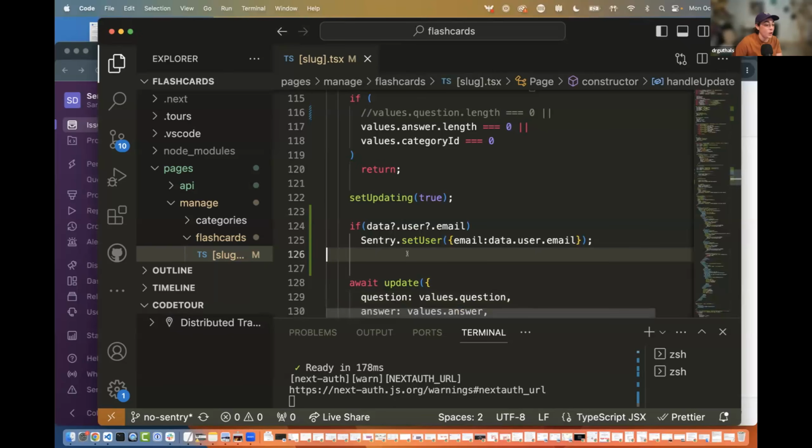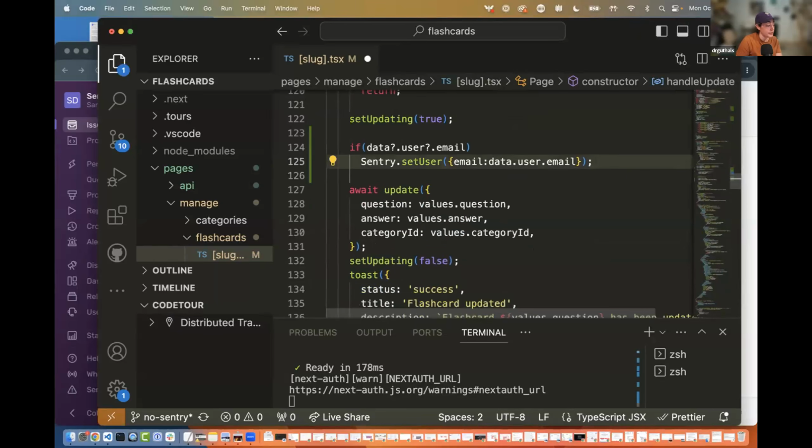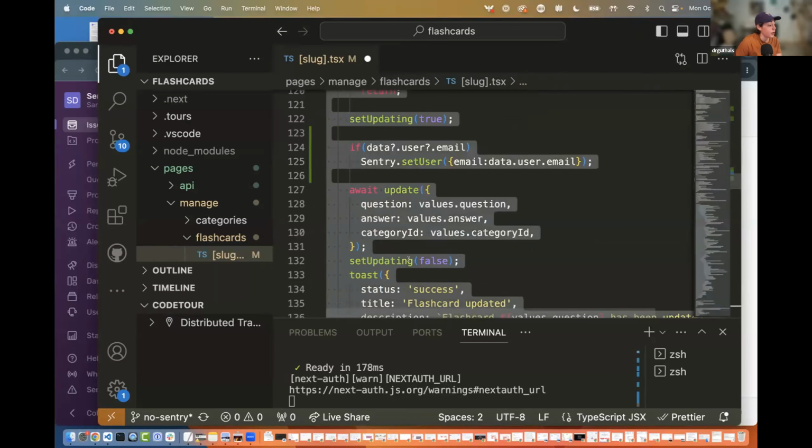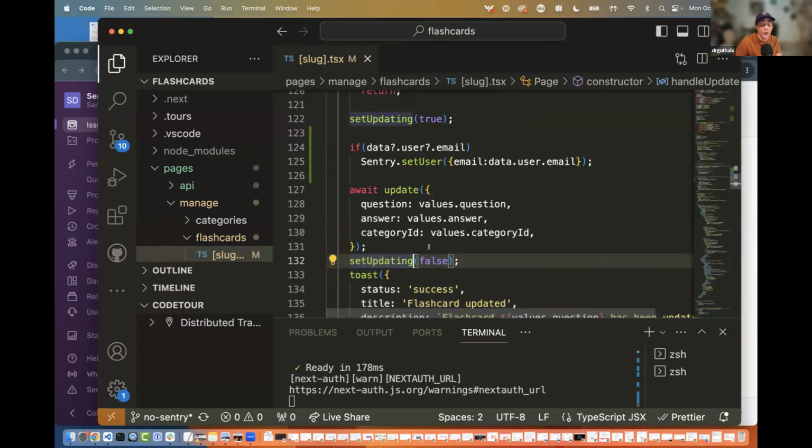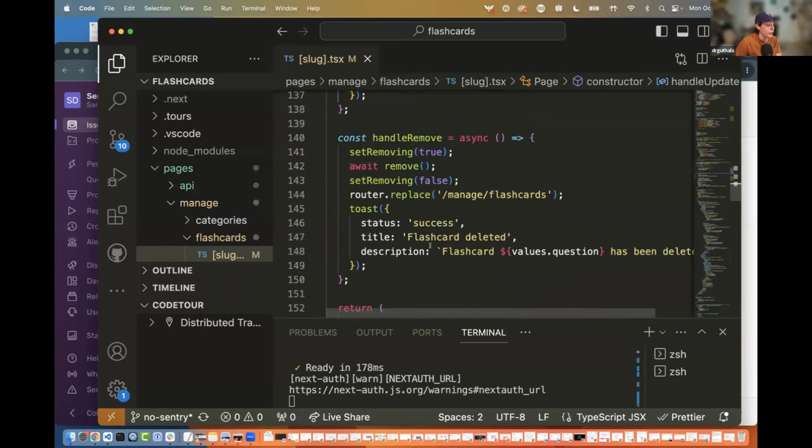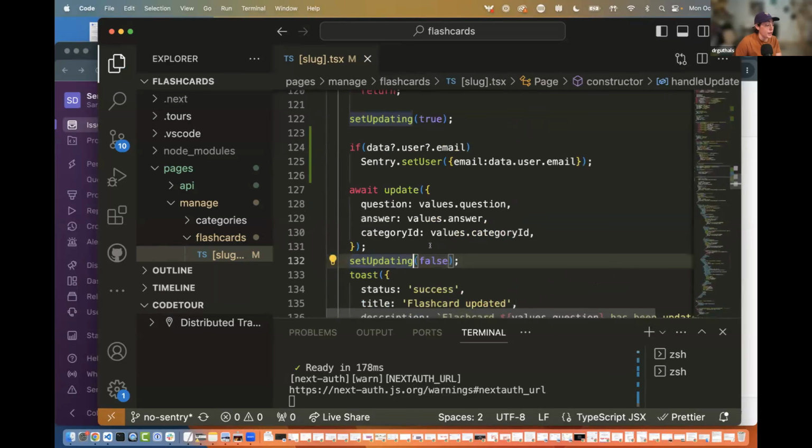Okay, so now what we're going to do is add in custom tags. So there are a few operations that are happening. We can update, we can remove, and we can create a new one. I'm not going to go into creating a new one, but let's talk about how we might want to set a tag for updating or removing